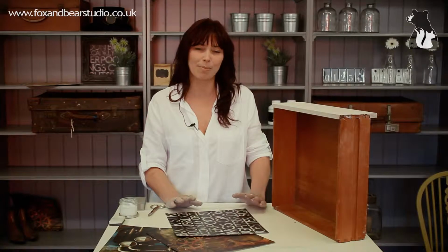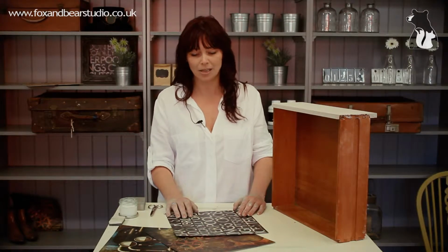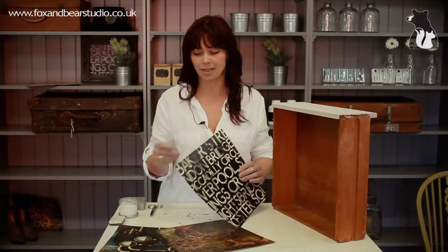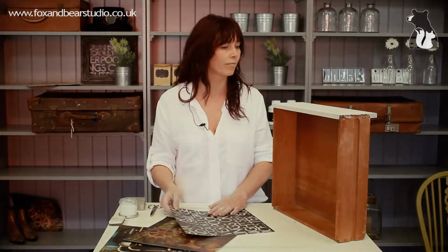I'm Annalise Bates, and today we're going to be showing you how to apply papers onto the drawer fronts or onto your furniture. The first thing to do, of course, is select your paper. Fox and Bear, we've designed 3 collections initially. The range I'm looking at today is from the Steampunk collection, and we're going to choose something to go on